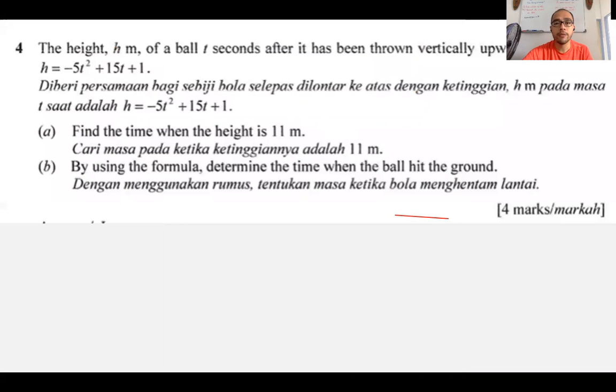The height of a ball in t seconds after it has been thrown vertically upwards is given by H equals negative 5t squared plus 15t plus 1. Find the time when the height is 11 meters. Then, by using formula, determine the time when the ball hit the ground. At first glance, ini nampak macam soalan fizik kan? Adalah height, adalah ini, adalah itu. Tapi sebenarnya,